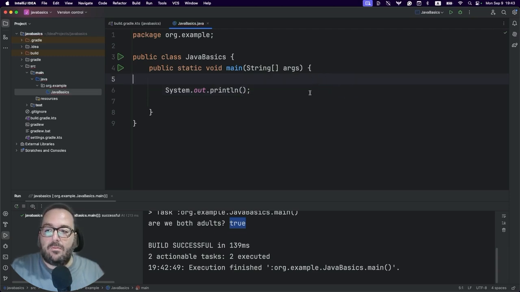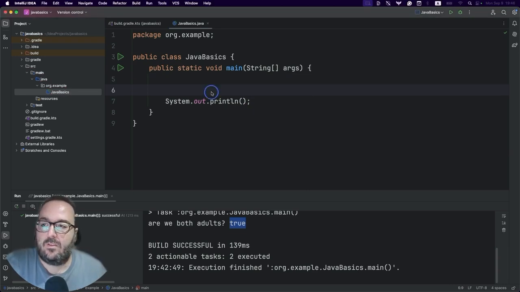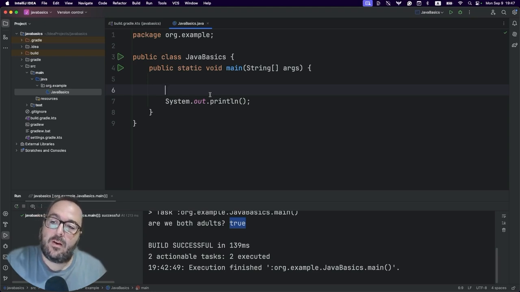And let's start with the conditions and if statements. The if statement. So what is the if statement? We use it to specify a block of code to be executed if a specified condition is true. We use else to specify a block of code to be executed if the same condition is false. We use else if to specify a new condition to test if the first condition is false. Let's see all those in action, right?